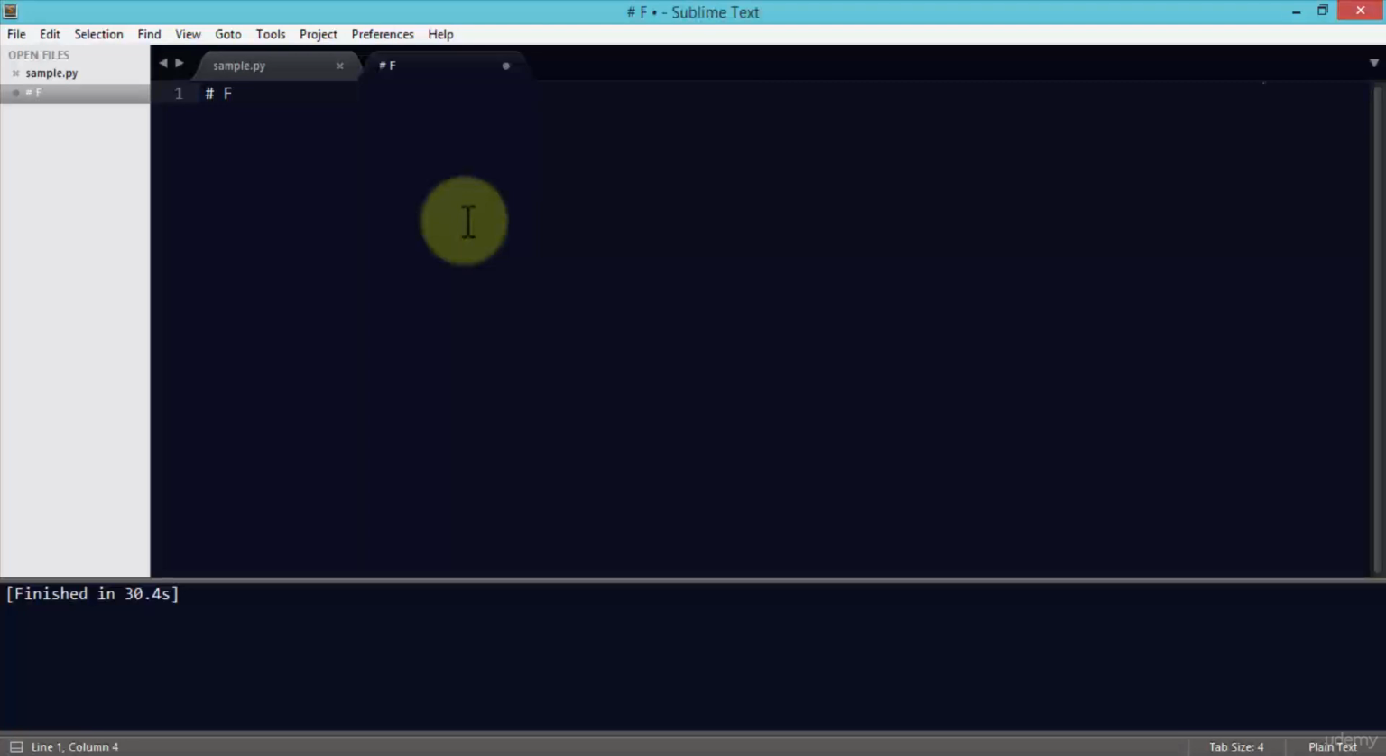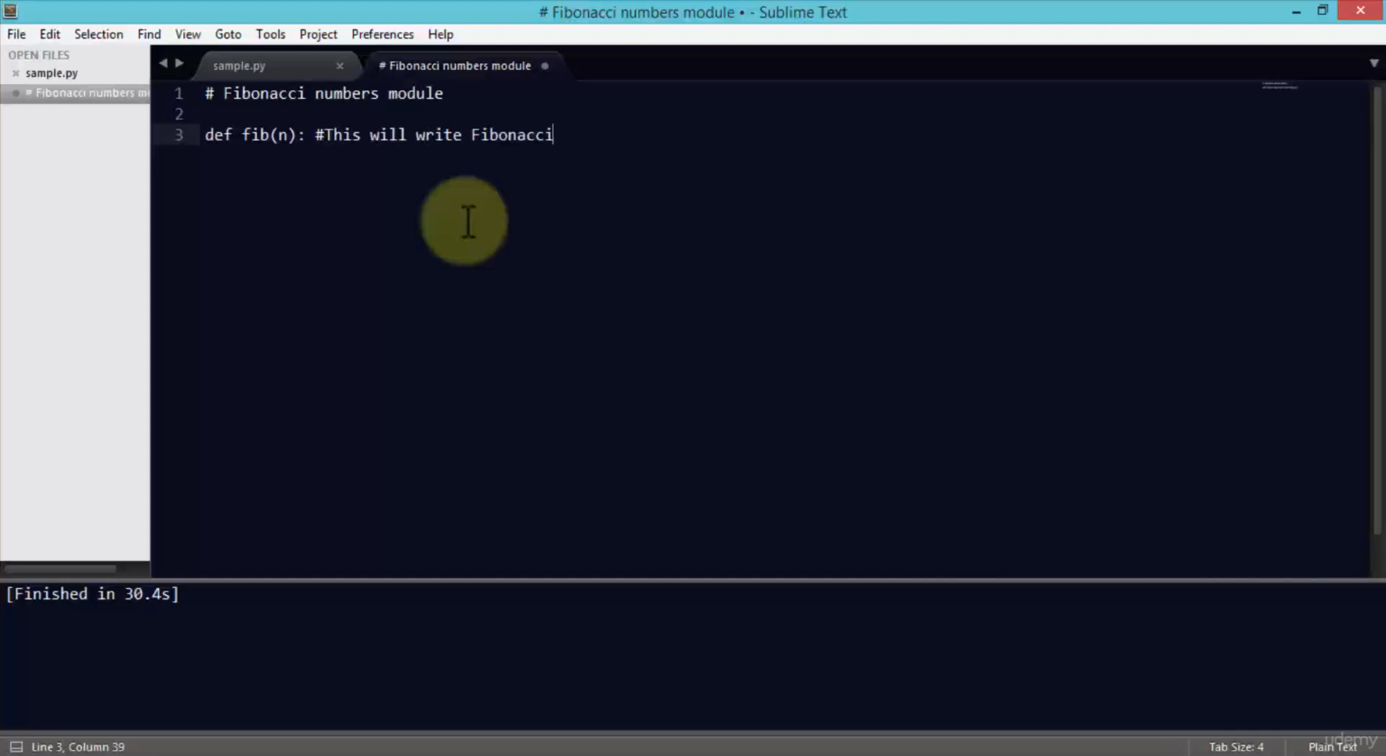And I'm going to say Fibonacci module or numbers module. Create our first definition, call it fib n. And what this would do is it would write the series up to n, right? So just put a quick comment here. So this will write Fibonacci series